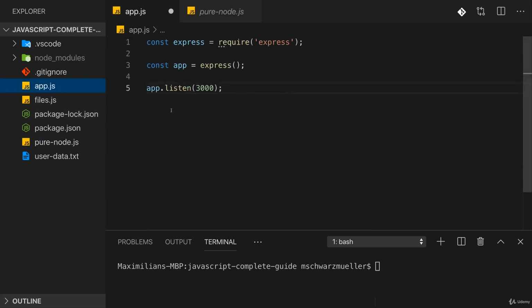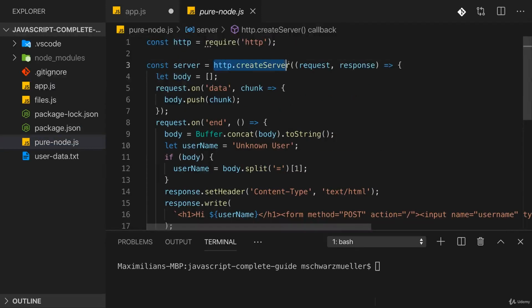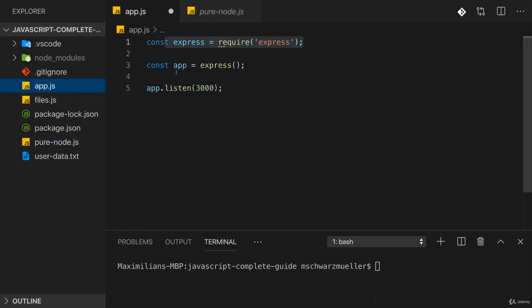Now, Express and the app object, therefore, set up this server for us behind the scenes. And that's really important. Express is simply a Node.js framework. It does kind of the same thing we did here. It calls create server for us, but it does so behind the scenes and then exposes this server on this app object together with a couple of other functionalities. So with that alone, we would have a running Node.js server powered by Node and Express, but this alone wouldn't